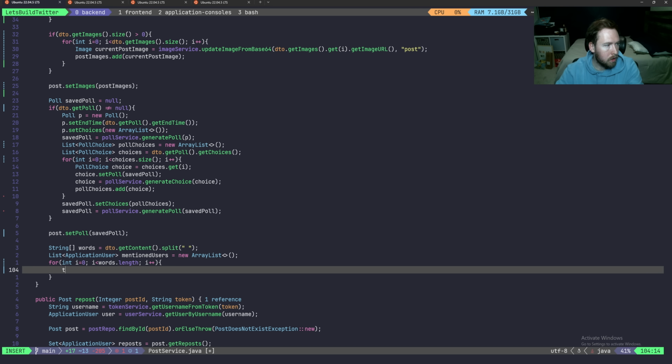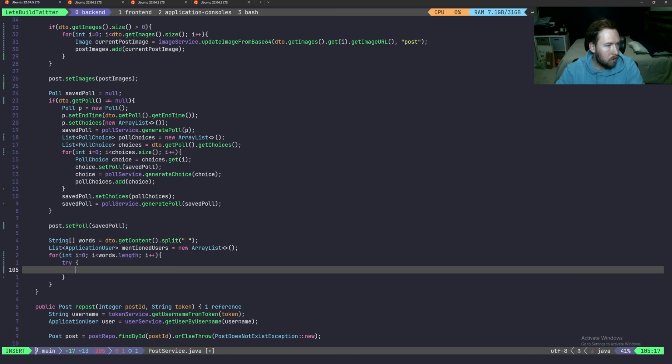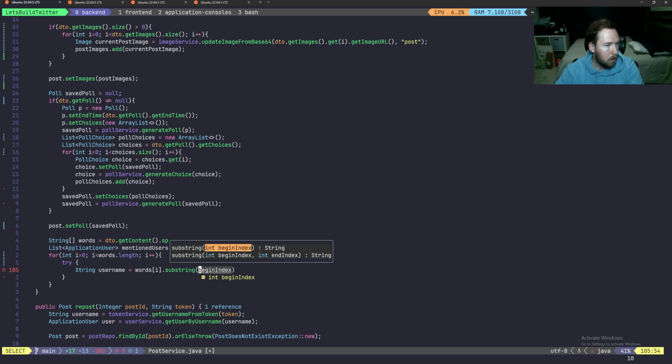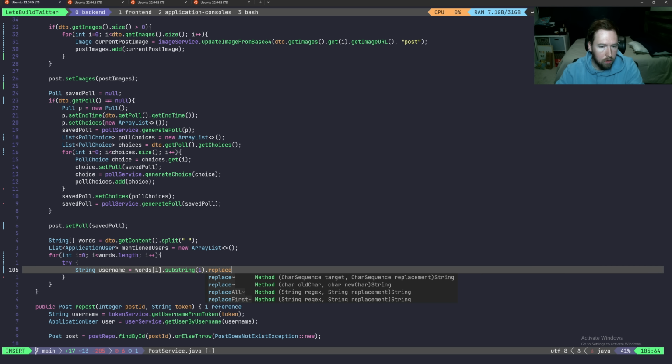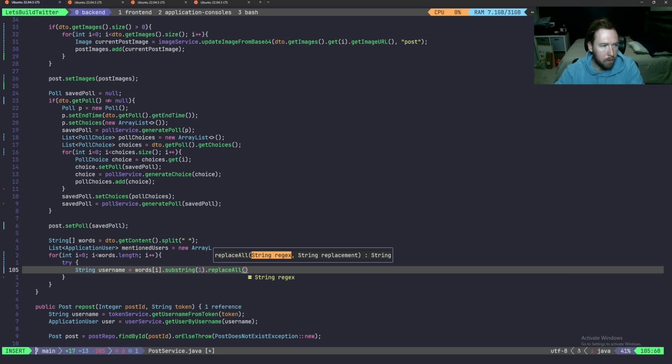And here we're going to go ahead and say try, and we're going to try to say string username is equal to words of i dot substring, and then this is going to be 1, and then dot replaceAll, and I might copy paste this because this is kind of ugly. This is a regex, we had this before, it's copy pasted, so this is going to be caret A to Z, and then 0 to 9, and then this is going to be star $, comma, with an empty string, and